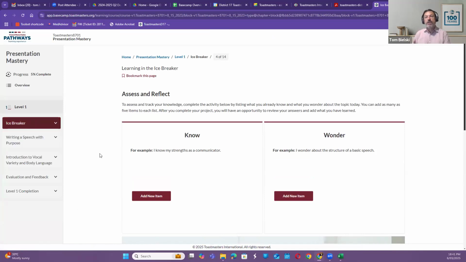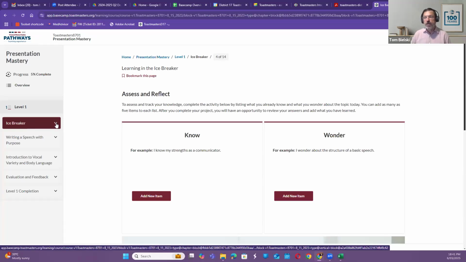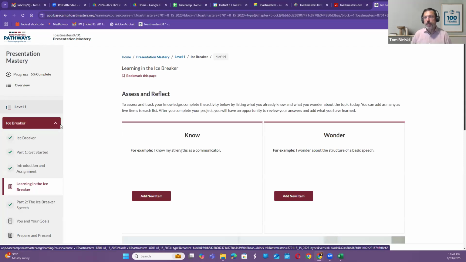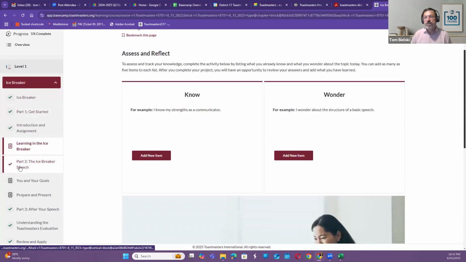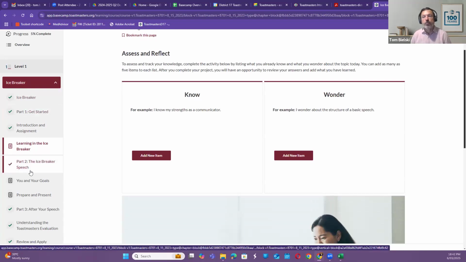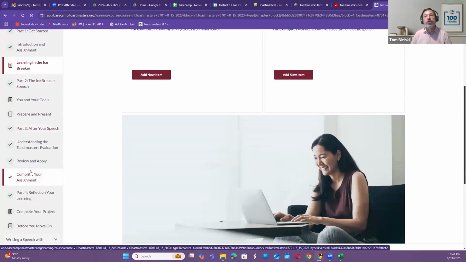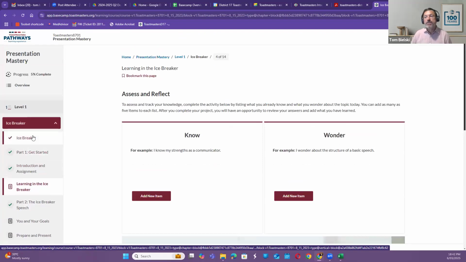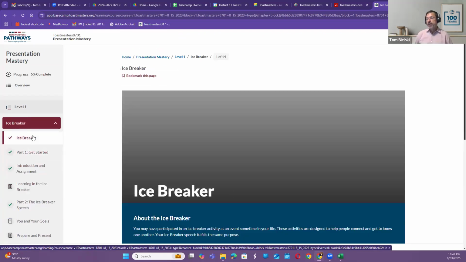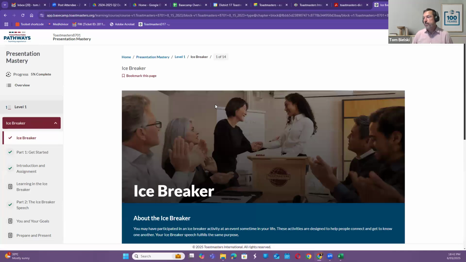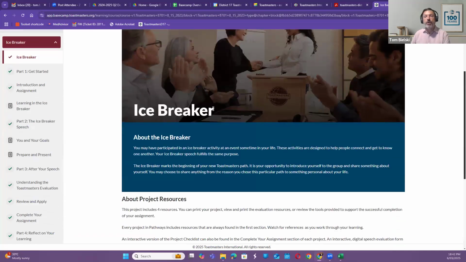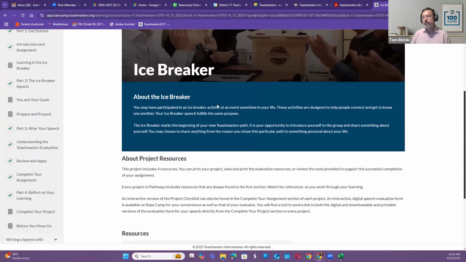So normally you will log in and you'll see it displayed like this with a little caret to show you that you can open the details of the project. So I will open up icebreaker. And as you progress through each page, you will see that there's a tick to show you that you have already viewed this page and you've reviewed all items on it. But let's pretend I haven't. So I'll go back to the icebreaker and I'll move on to the main page and I'll progress with learning